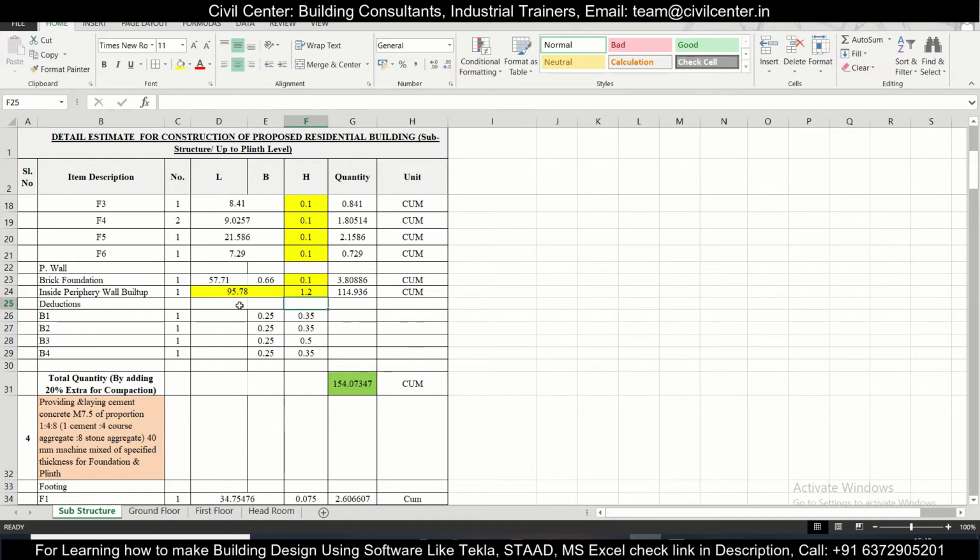After that the particular length, the quantity, let us just drag this, so it will just calculate the quantity automatically. For the sum also we'll just do it later, and here we can just write -1, so that whatever the quantity we calculated it will be deducted automatically. Enter, and then copy it to the remaining ones. Okay, so now we just need to write the length of these particular beams B1, B2, B3 and B4.